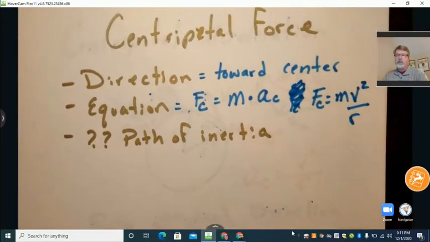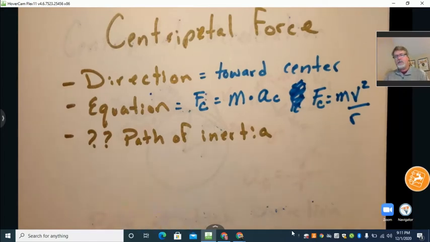So centripetal acceleration creates a force. That force is always towards the center of an object, and the formula is simply mass times v squared over r. At this point, we want to talk about this path of inertia, because if you've ever spun an object,